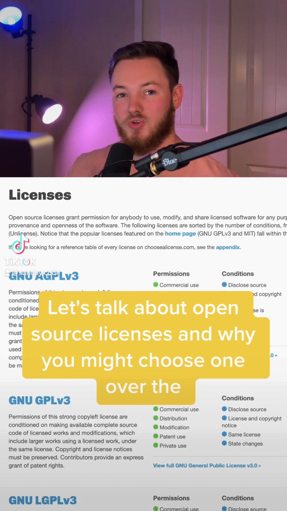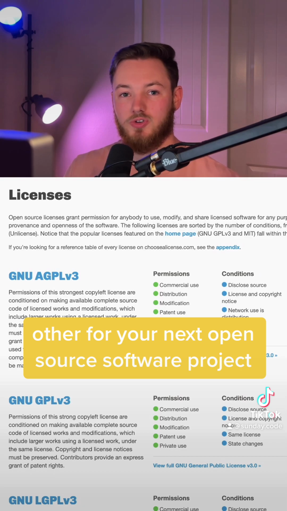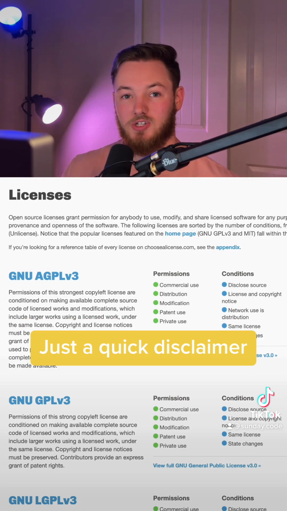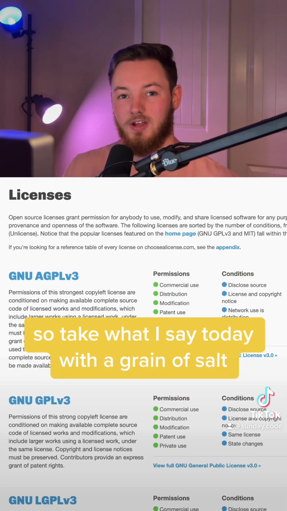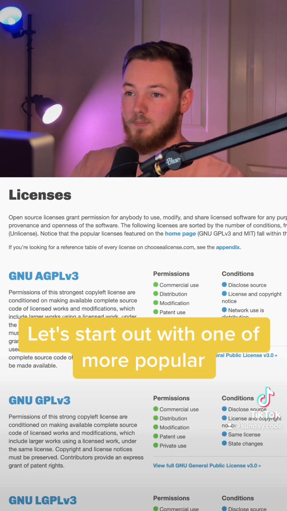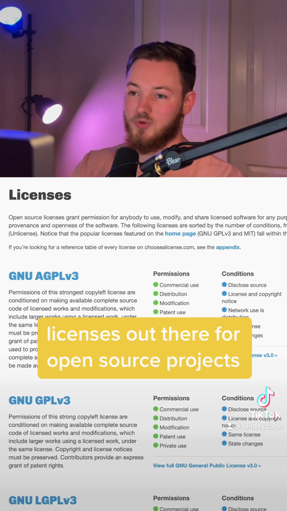Let's talk about open source licenses and why you might choose one over the other for your next open source software project. Just a quick disclaimer, I am not a lawyer, so take what I say today with a grain of salt. Let's start out with one of the more popular licenses out there for open source projects, which is